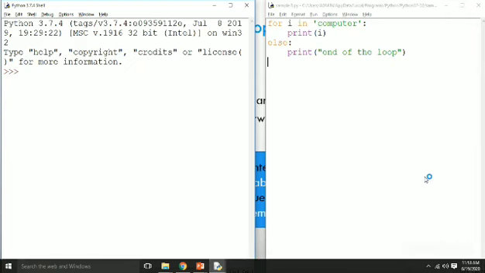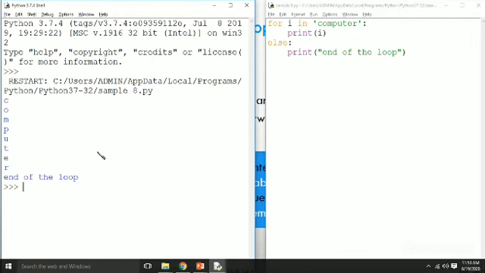You can see the output, children. COMPUTER. Finally the else part, end of the loop.